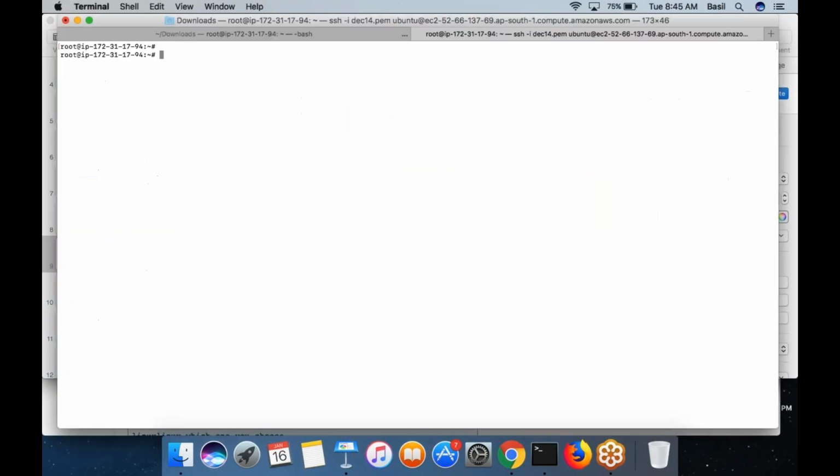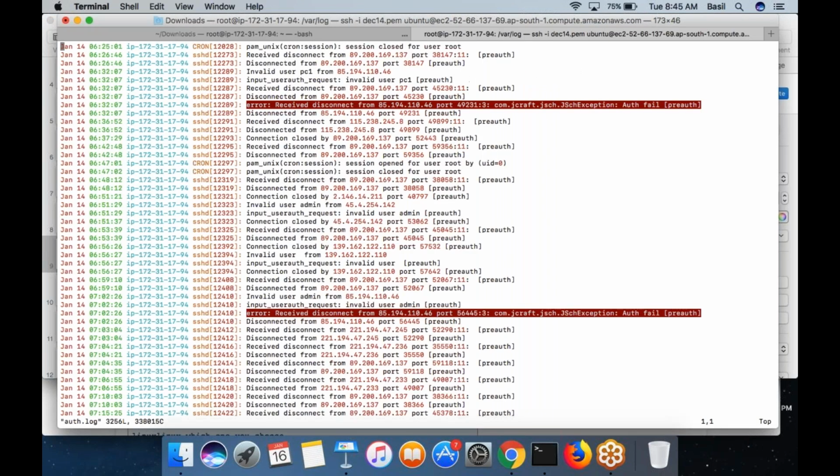So I will show you the auth.log file. Go to your folder, /var/log. Over here you can see a file called auth.log, and if you open that file you can see a number of entries. People tried to log into your machine and they were unsuccessful. You can see somebody from this IP address tried to log in, and from this IP address they tried to log in as an invalid user.